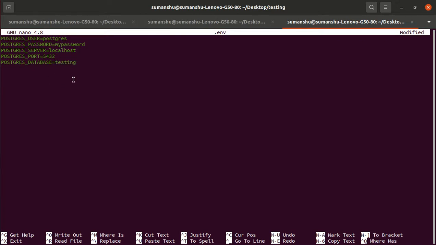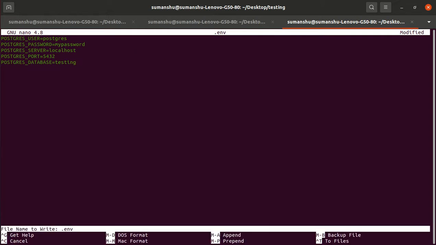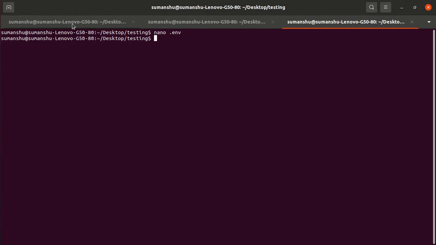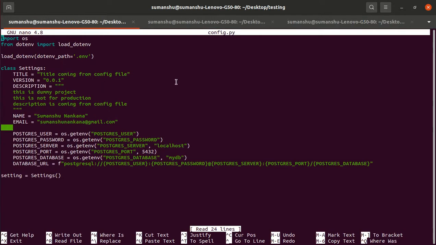So we have defined this in the .env file, but ideally we need to define this into the configuration file. So we are loading the .env file using the load_dotenv function. Now it is considered as system environment variables.